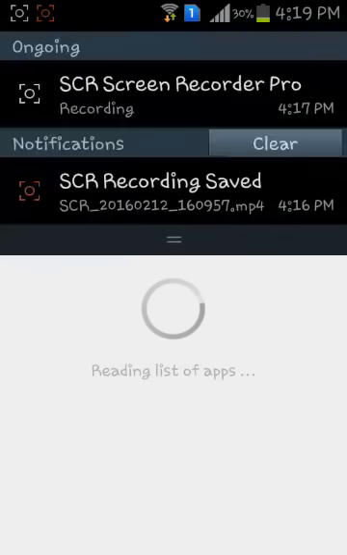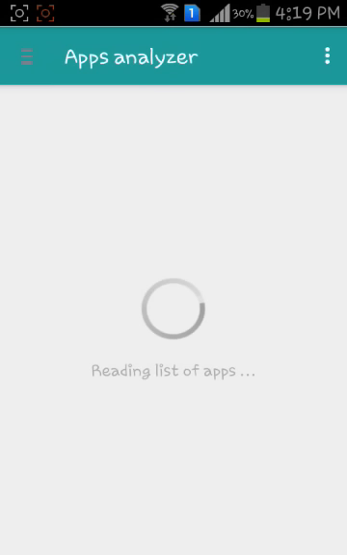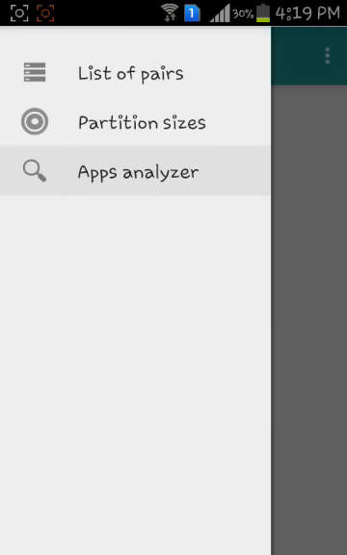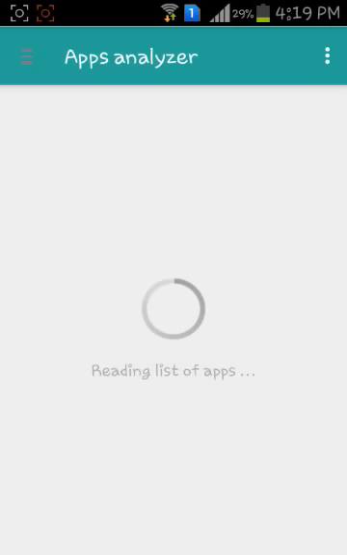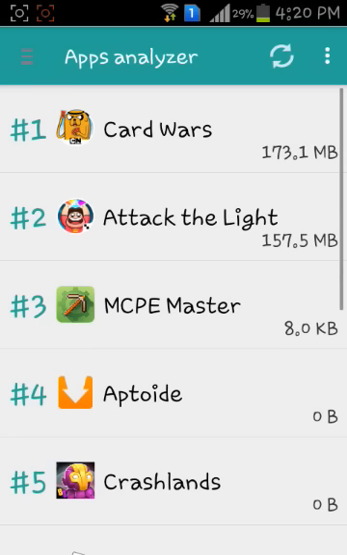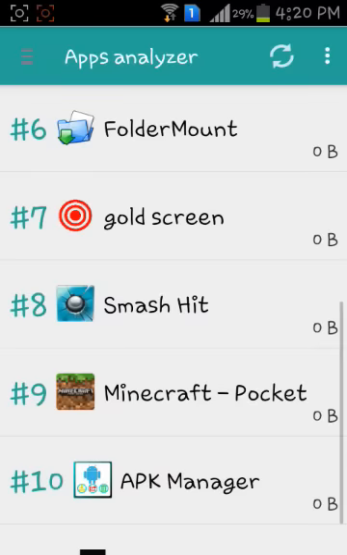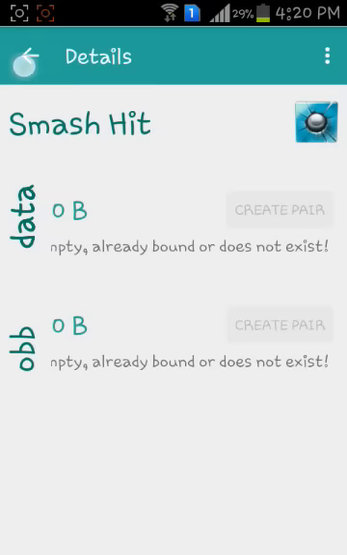It's reading my apps, the list of my apps, so you will just wait. Okay. So there are my games or apps.